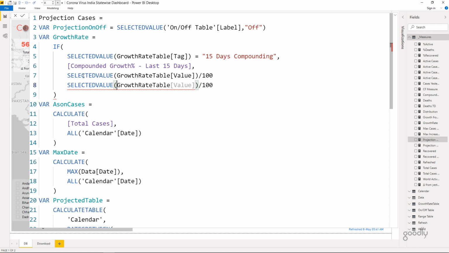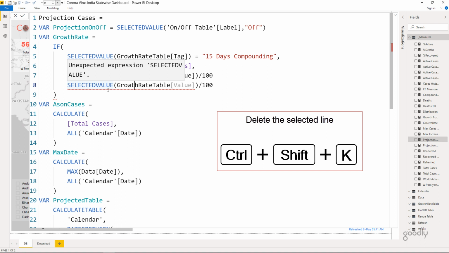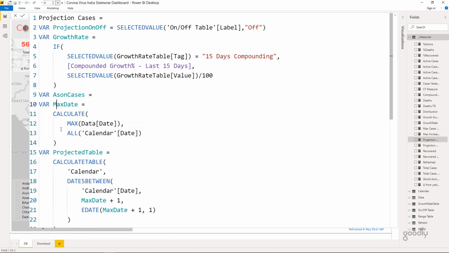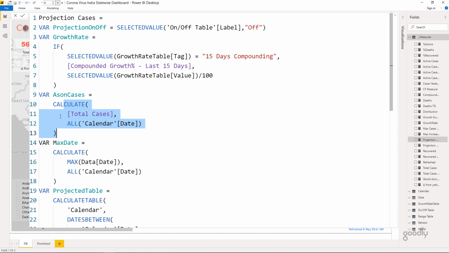And actually, if you don't need this particular line, you can select it and delete it. That's not the way that I do it. The shortcut that I use to delete a line of the code is Control Shift K, and that will remove the entire line of code that is selected. Even if you select, let's say, multiple lines of code together and press Control Shift K, all these selected lines are going to go away.